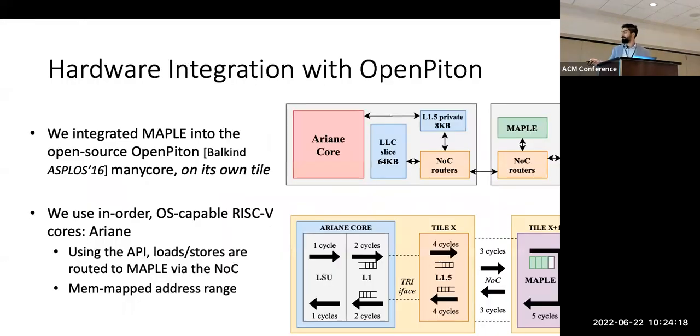This one. So there is some latency of going from Ariane to Maple and back. This extra latency, in the case that we integrated with OpenPiton in a different system, could be different too. And in the paper you can find that for some workloads, DeSC could achieve a bit more performance because of just having lower latency to consume from its decoupling queues. And so in that sense, there could be a performance difference.